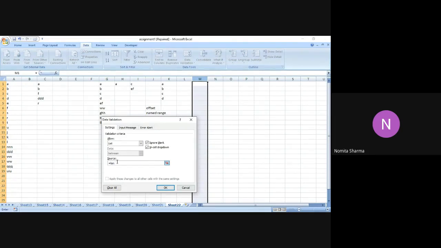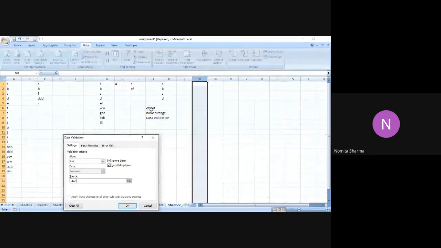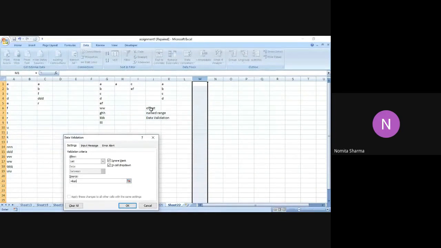So I repeat again what we have done. There are three steps, if you can see on the screen. First we start with the OFFSET function. The output of the OFFSET function will go in the named range. And in the named range, please remember in the formula, you have to lock the column by adding those dollar signs, because in any case, we're not going to change the column. And in the third step, we are going to use the named range that we have just defined in the Source. So I will simply say equal to lion, and deliberately I use that name because I wanted to make it unique so that I remember and recall the name.